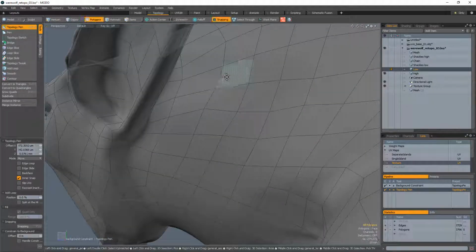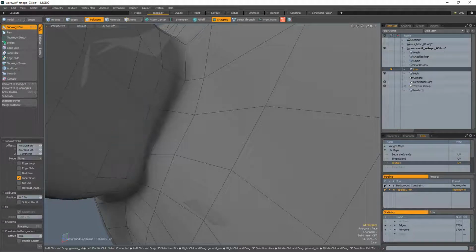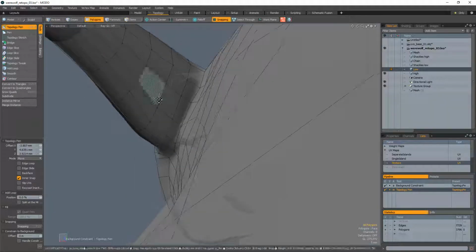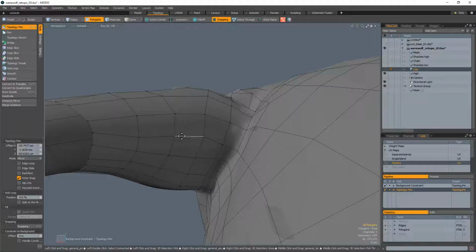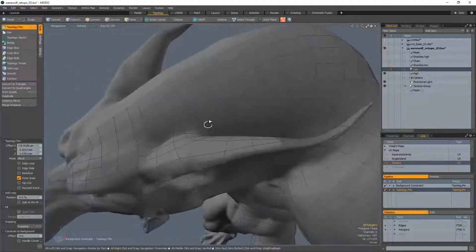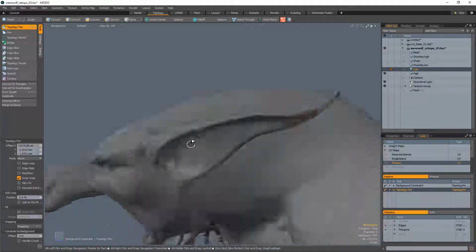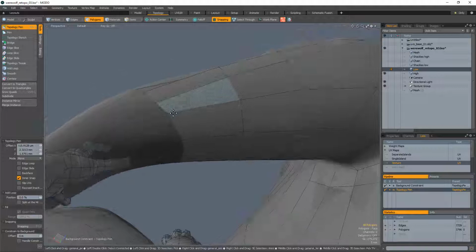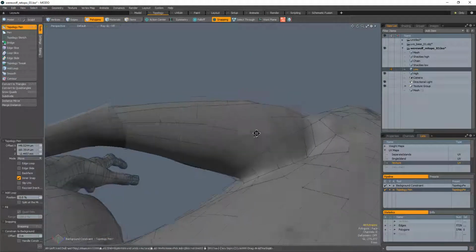So as far as Marvelous Designer and stuff goes, a lot of it was based on my own work that I did, whether it's making models in Marvelous Designer or transferring from Marvelous Designer to ZBrush. A lot of it was just lots of trial and error. Now, as far as actually working in Marvelous Designer, as opposed to going from Marvelous Designer to something like ZBrush,